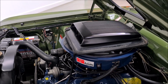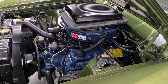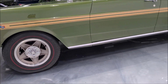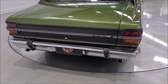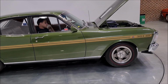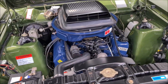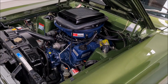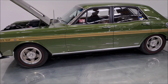We'll crank it over. Tough, doesn't it? They look good on the Bathurst Globes, so it's got